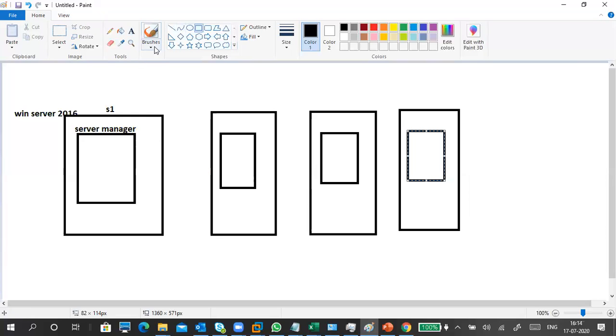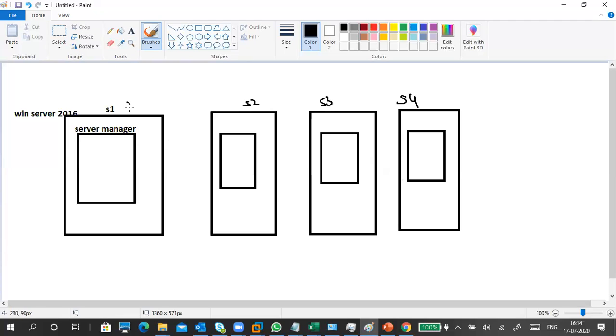But this is not required. For example, this is S2, this is S3, this is S4. If all the servers are in the same office, no problem. You can go to any server, open the server manager, and work on it.